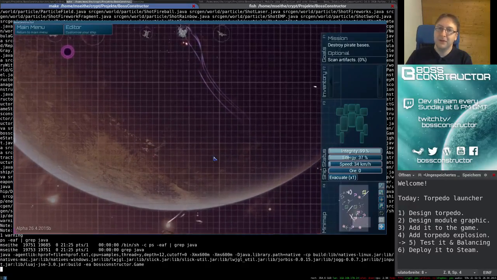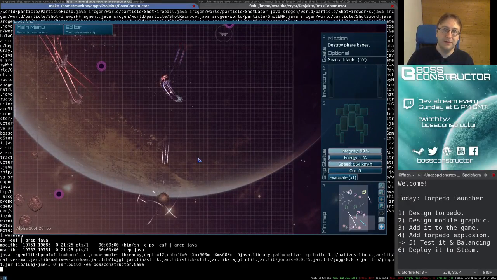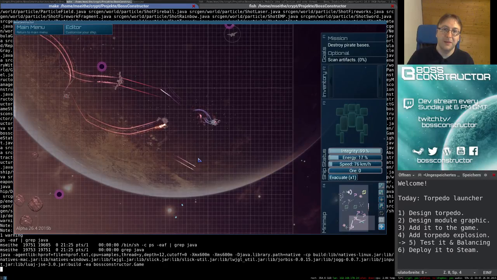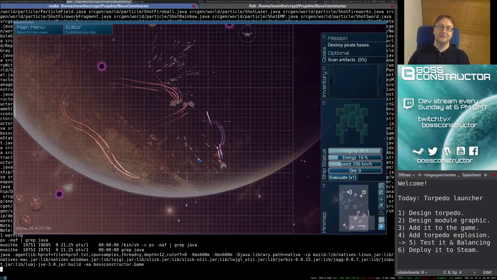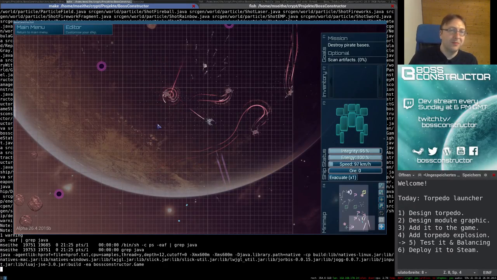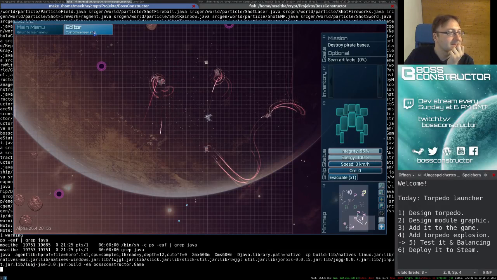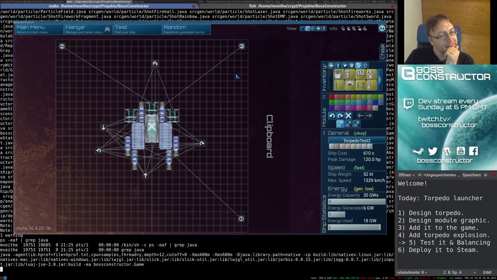Okay. So can we take out the station at full range? Let's try. Yes, we can. And can we kill that guy and that guy? And that guy. Okay, now we die because we have no more torpedoes, so... Yeah? Makes sense. I mean, we could have...